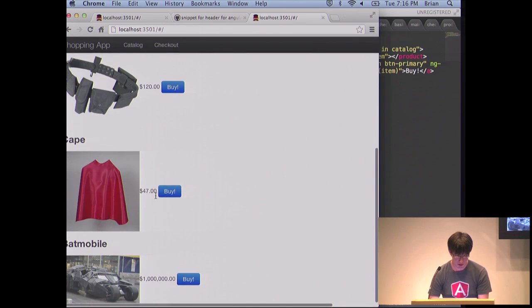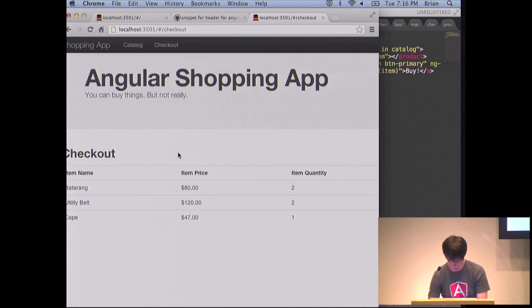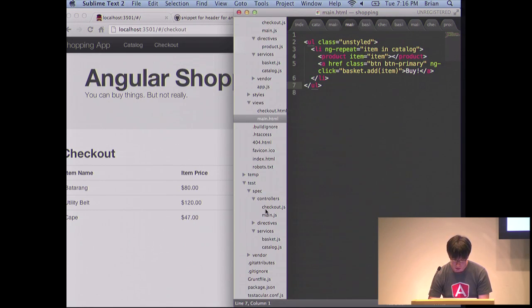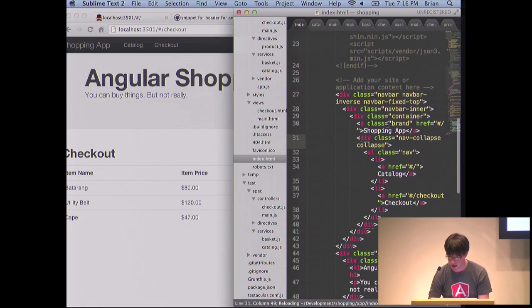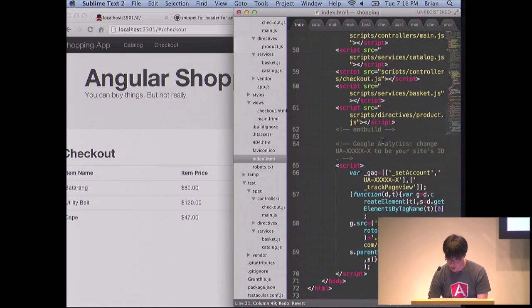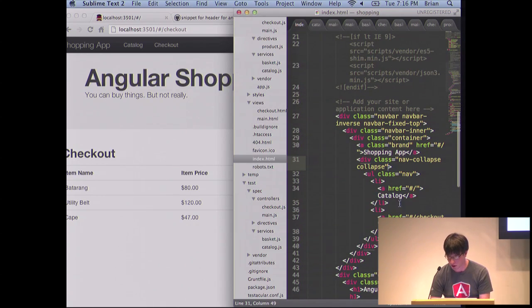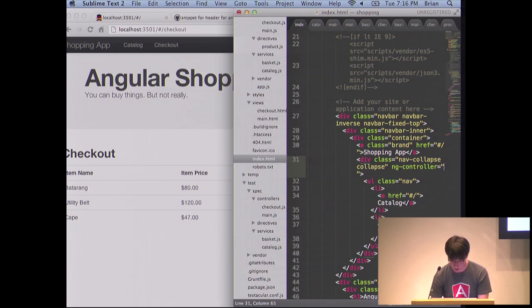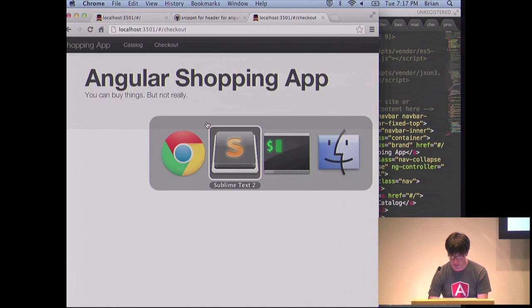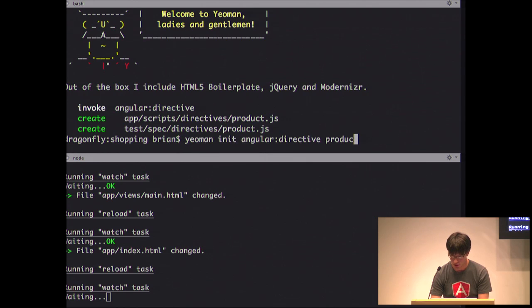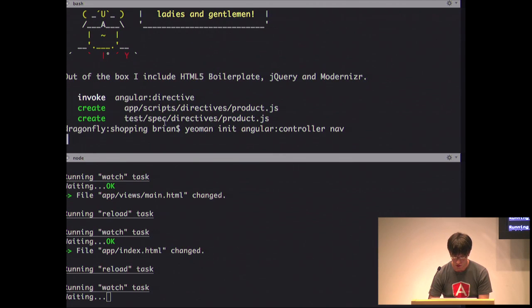So this works. We can click on these different things, but it would be really nice if we actually had some feedback. So maybe we'll put something up here that shows us how many items are in there. So let's go back to our index.html, and we need another controller in here to show us how many items are there. So I'm just gonna add it in here. ng-controller equals, we'll call this nav ctrl. Now over here it refreshed and it doesn't actually have that yet, but I can use Yeoman to generate just the controller. So there's no route for this. It's just the controller, and